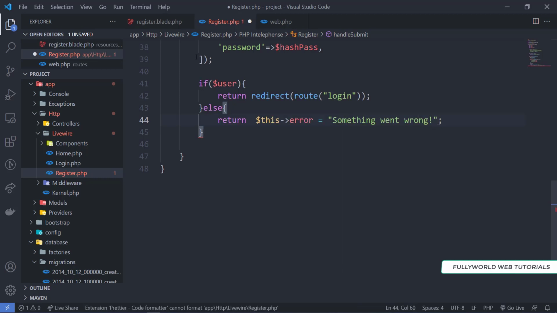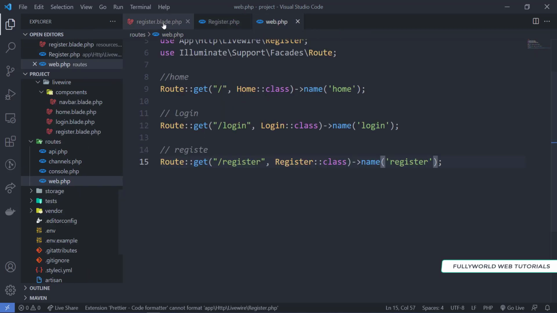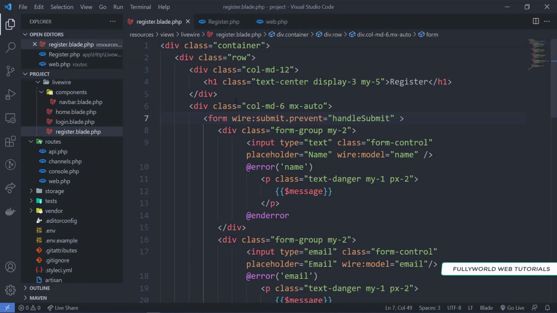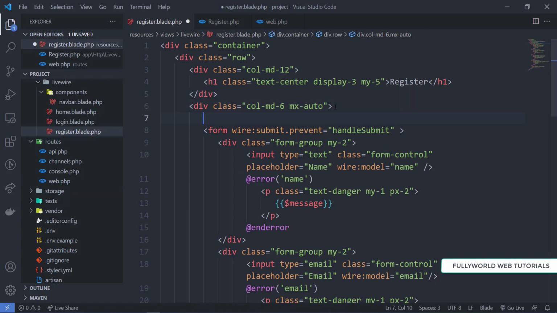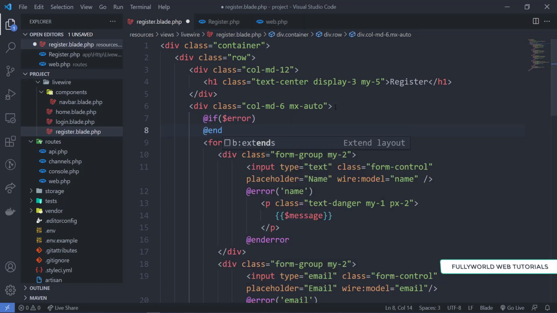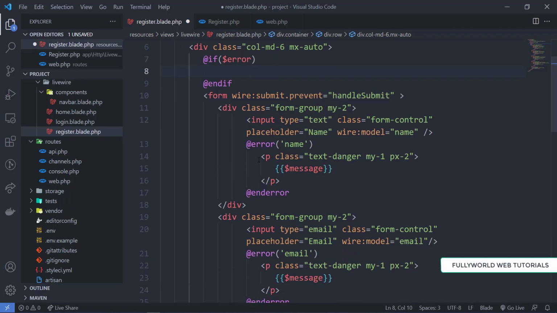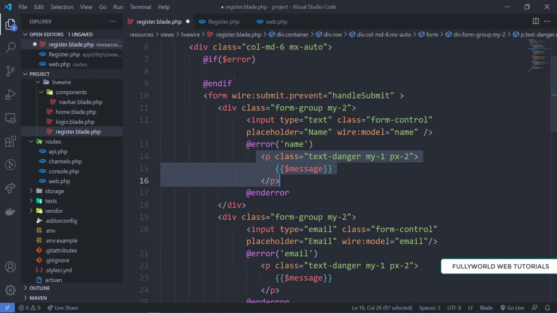Save it, and now we will see if we get any errors, then what we are going to do. So here I am going to just write @if($error), and if the error is there, then the same thing we are going to do.